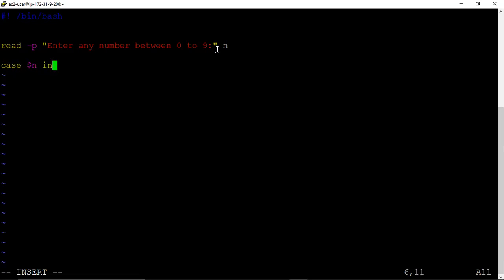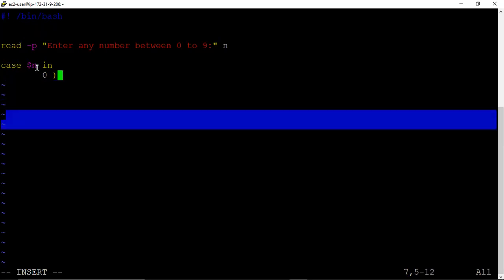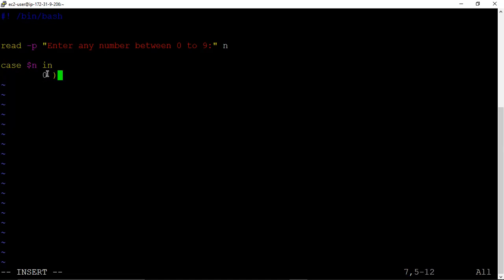Now we write a 0, space, and we close this with a round bracket. So what does it mean? When n is equal to 0, that means we are assigning 0 to n. Then we write echo.